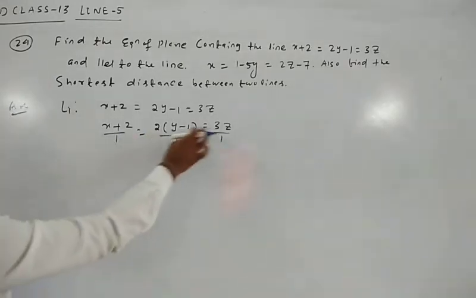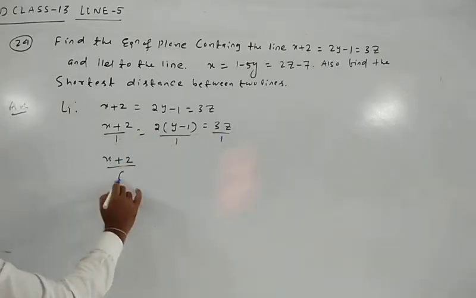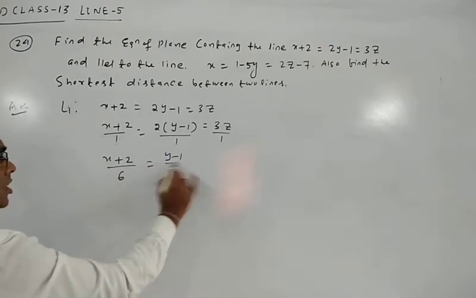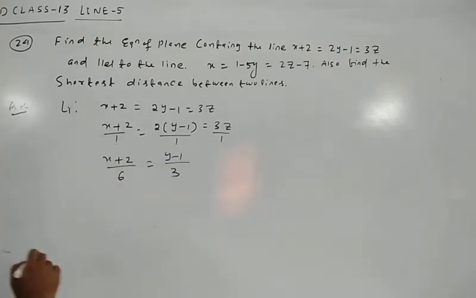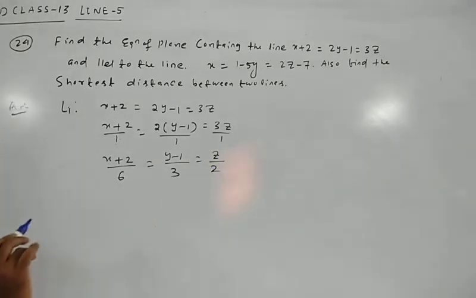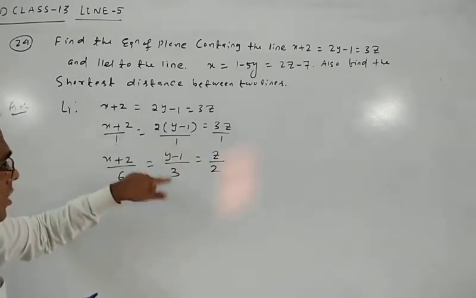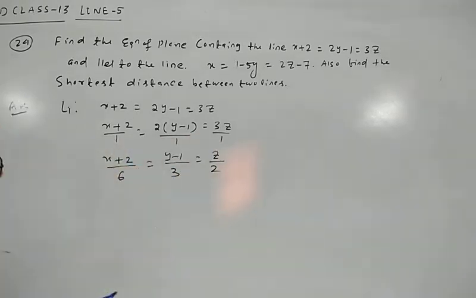Take the LCM of 2 and 3, which is 6, and divide. So this is x plus 2 by 6 is equal to y minus 1 by 3, and this is equal to z by 2. Divide by 6, so the direction ratios are 6, 3, 2. And the second line L2 is